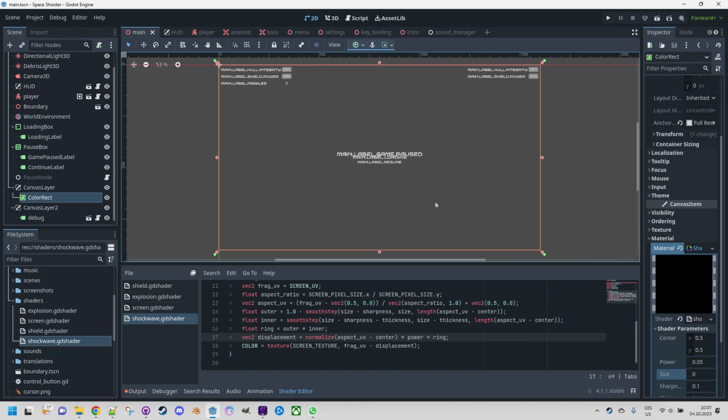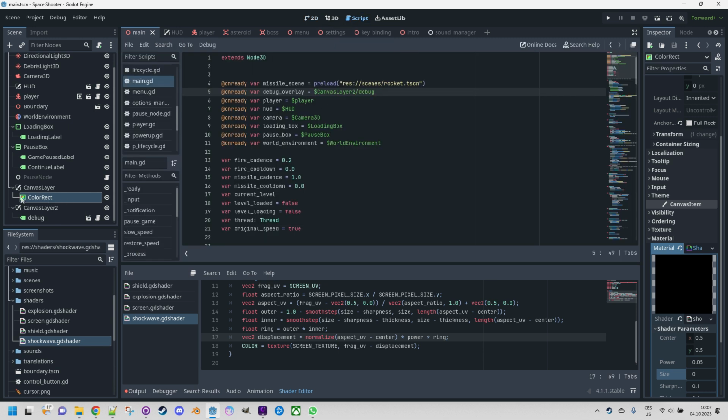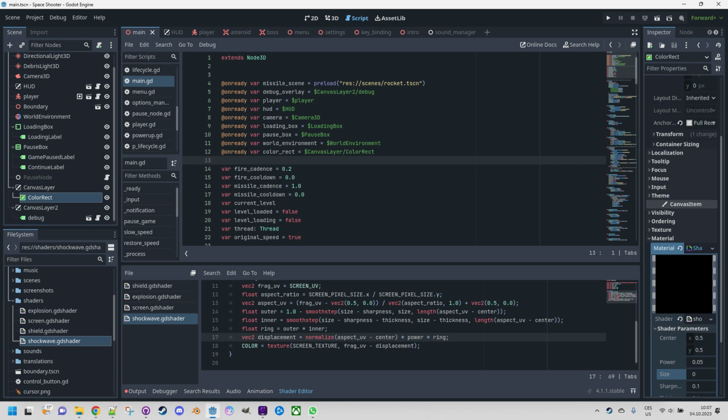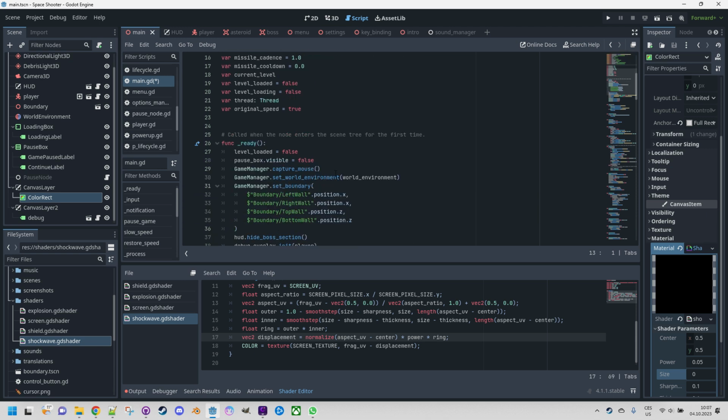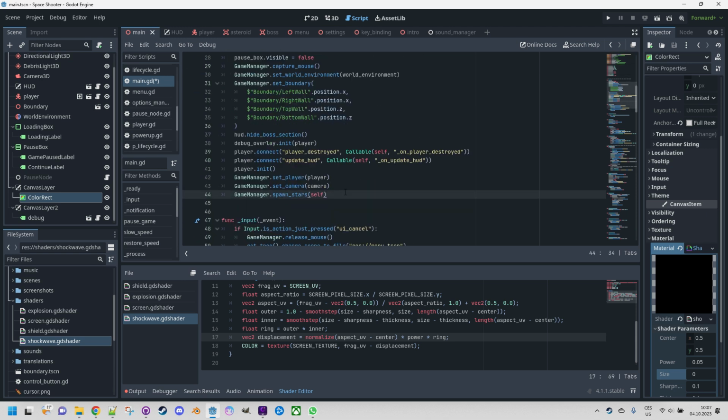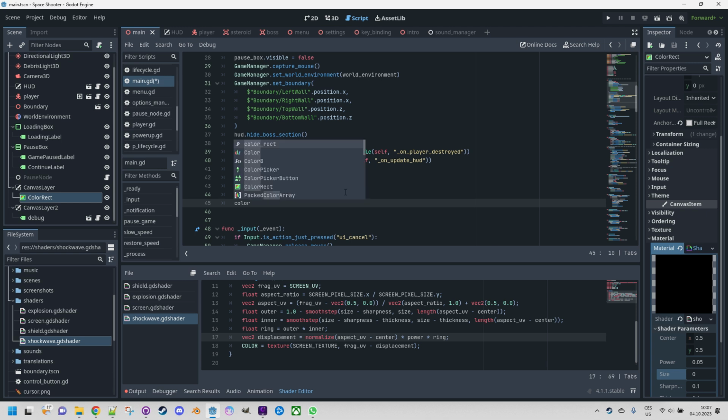First, we need to access the color rect, as the shader material would be modified through its material. I'll drag the node to the code while holding the Control key to generate the full declaration. Let's switch to script, dragging, holding Control, and here we go. And let's make sure it's not visible by default. We'll add this line to the ready function. Color rect visible